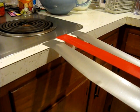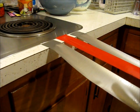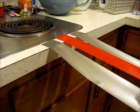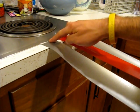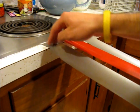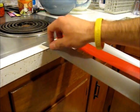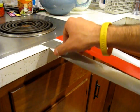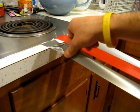Well, the first thing that you're going to do is make sure that all 3 of your strips are the same length. So if you picked 5.5 feet or 7.5 feet, you want to make sure that they're all the same length. You're going to cut them to make sure they're all stuck on the same spot. And basically, we're going to start, let's say, leave about an inch here off to where the tape comes off the countertop, and we're going to stick these strips together